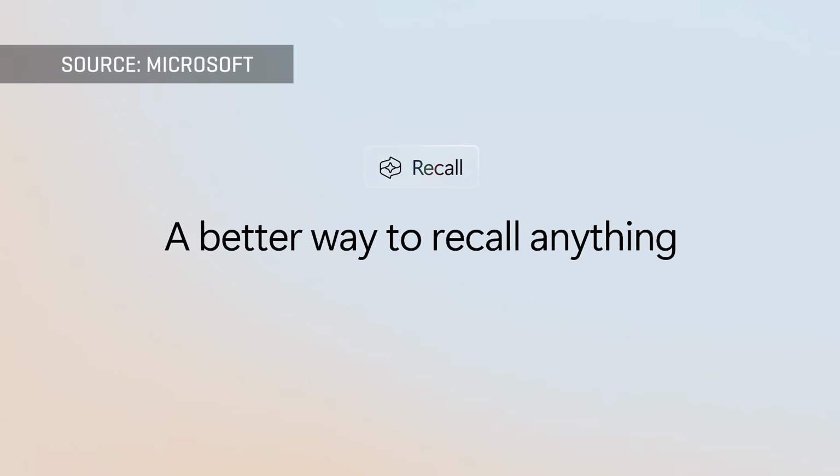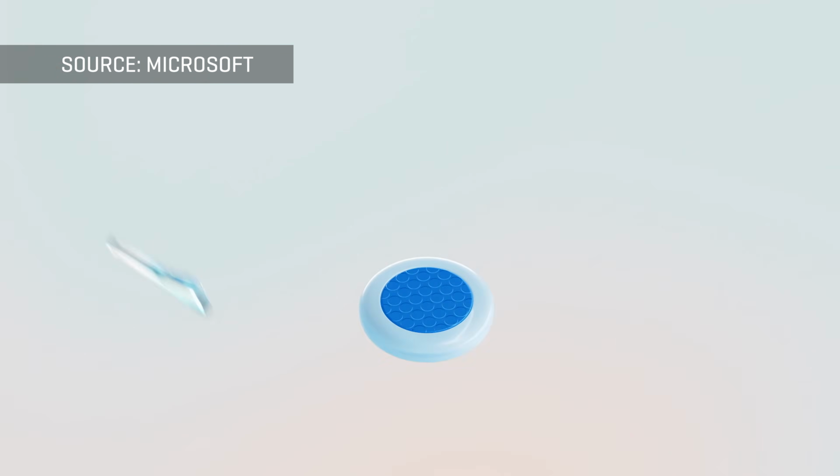Recall is a pretty simple concept. It's always taking screenshots of your desktop, storing them, and then allowing you to search those screenshots for the information stored within them. If you know me and you know my previous coverage, you know that I am absolutely a fan of using Recall. In theory, I still am. Recall is a fantastic idea, in concept. But in the real world, it carries with it risks that I refuse to accept, and I think you should too.